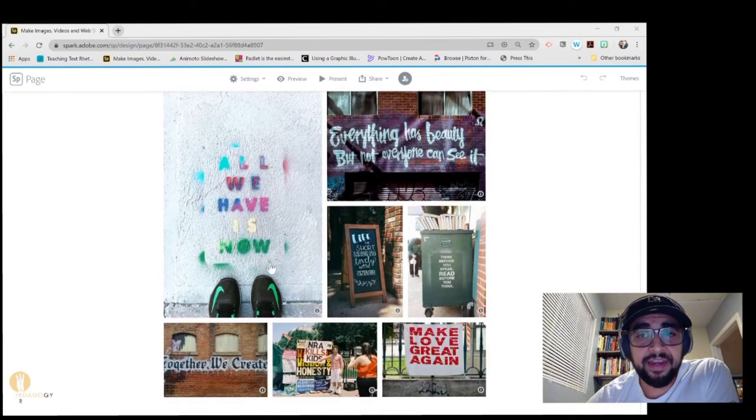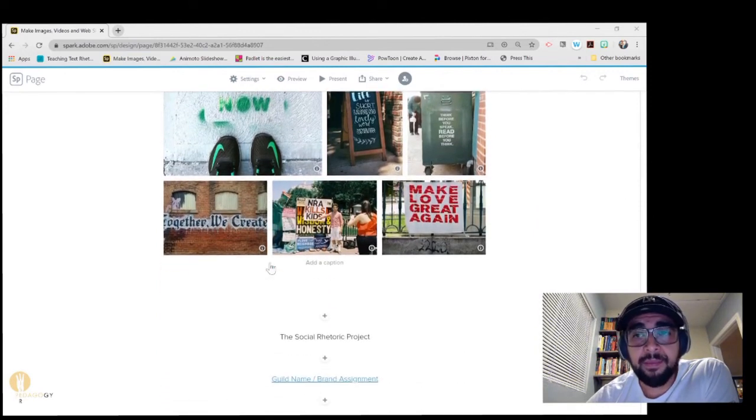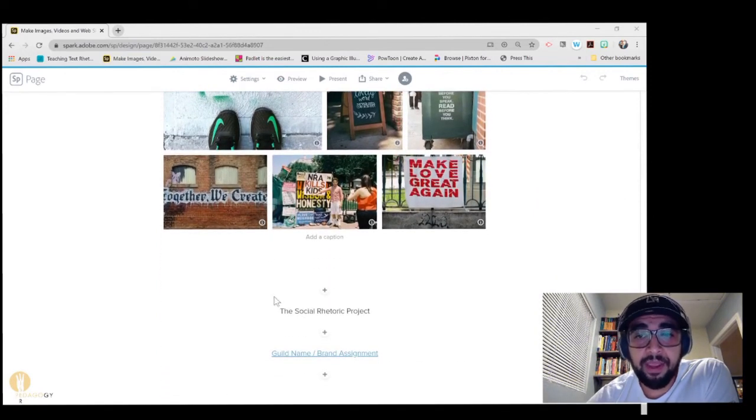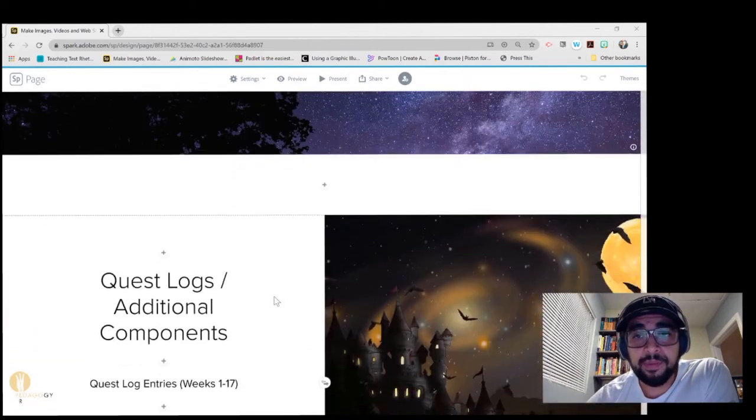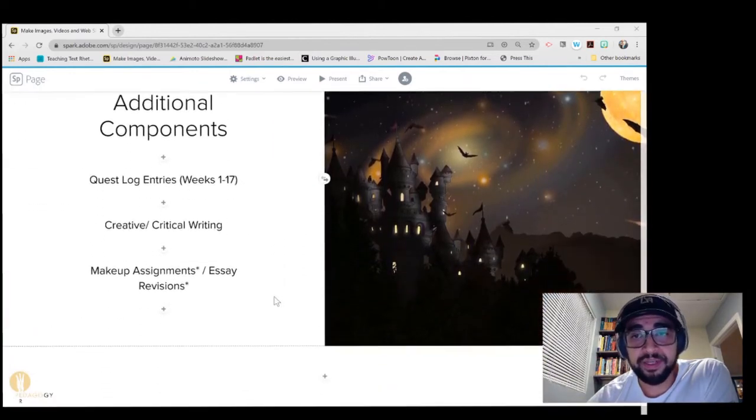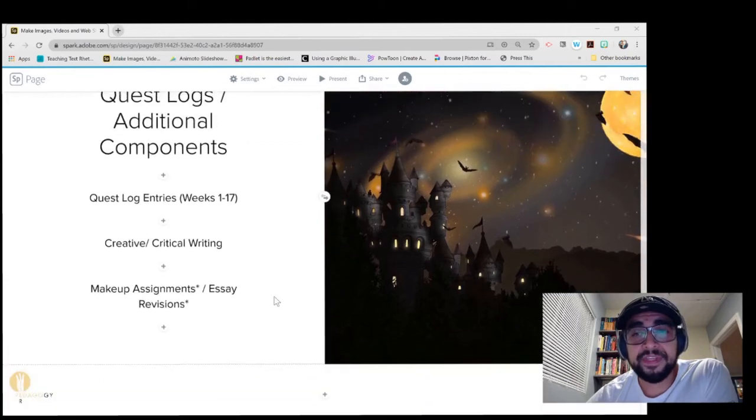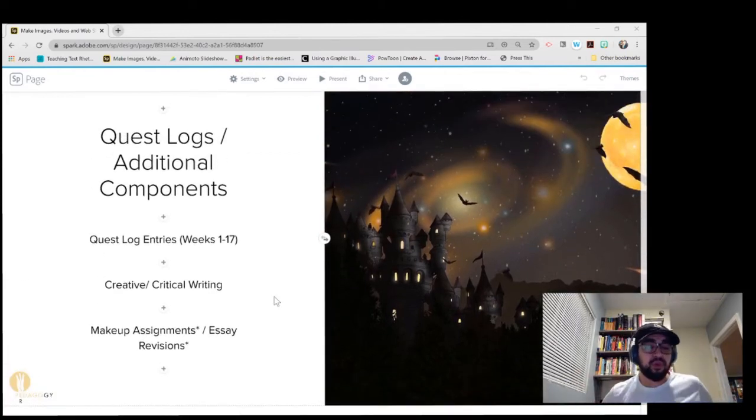Here I've added images for the SRP. I would hyperlink it here much the same way. Keep going, move through quest logs, additional components. This is the section in the portfolio where you will be submitting any of the quest log entries that